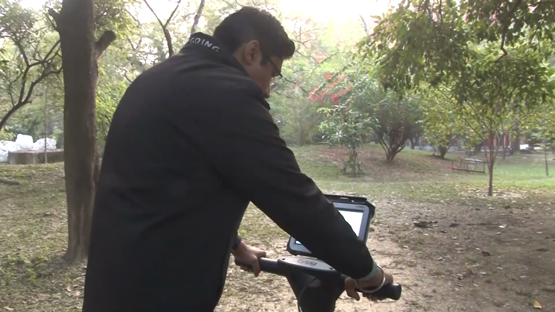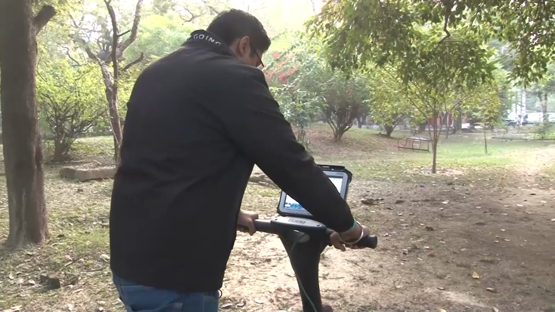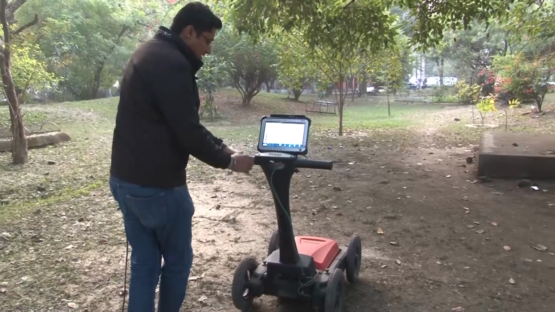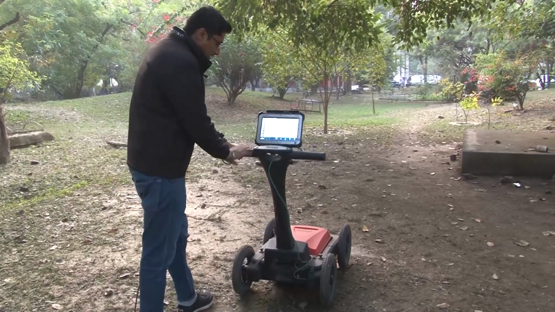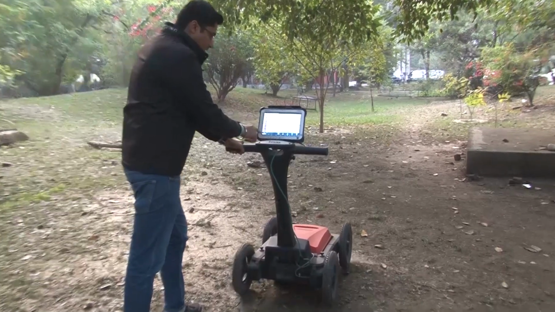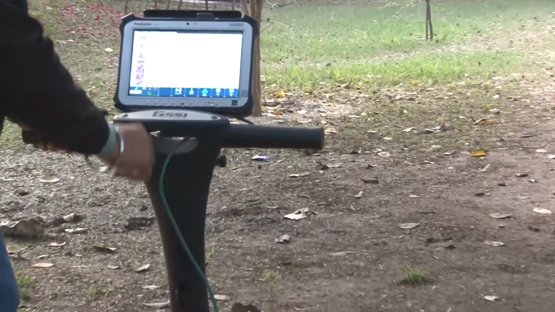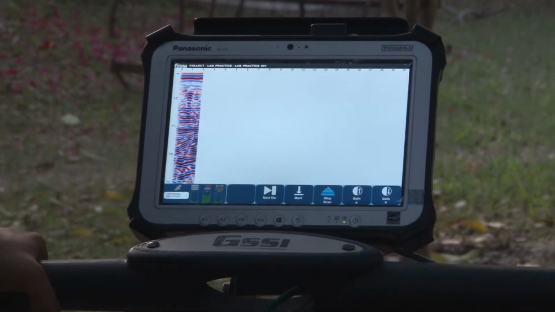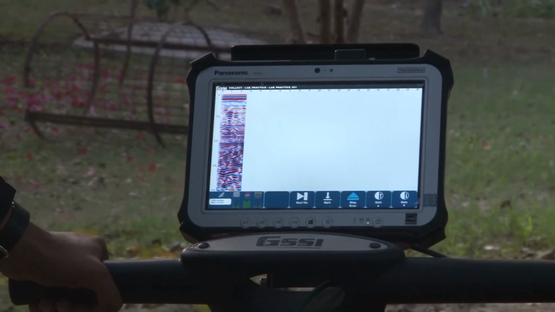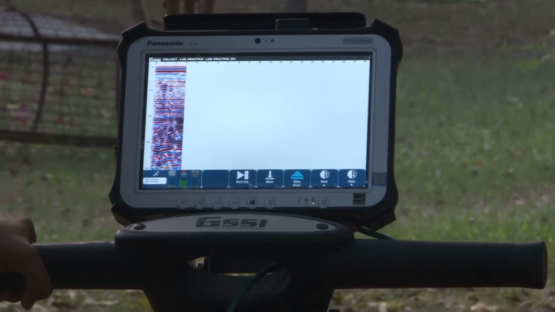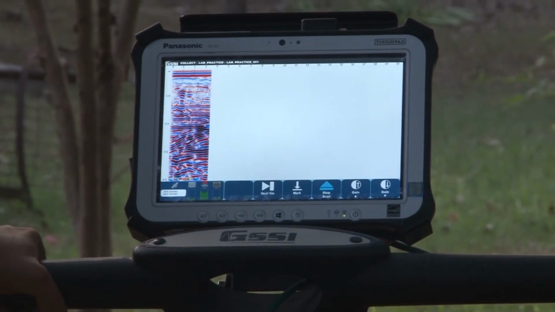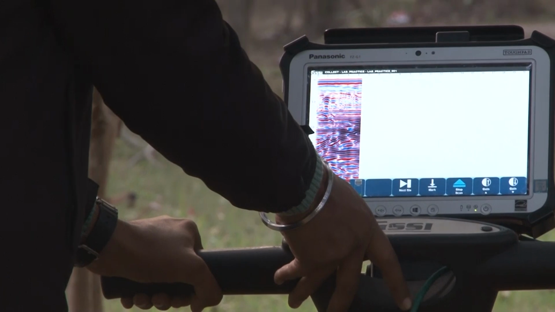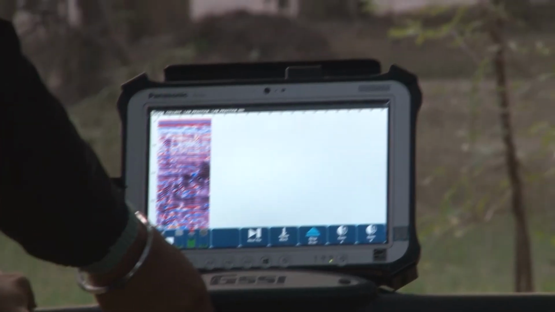Now you can see as I am moving the cart, the data is being acquired. As I am moving the GPR unit, the data is getting acquired. This is the real time data that you are able to visualize, and as we cross this chamber,